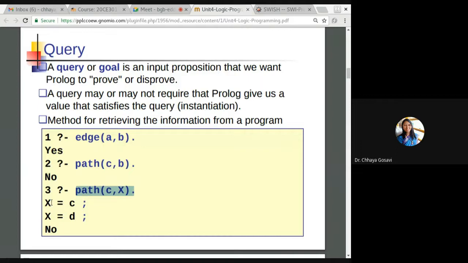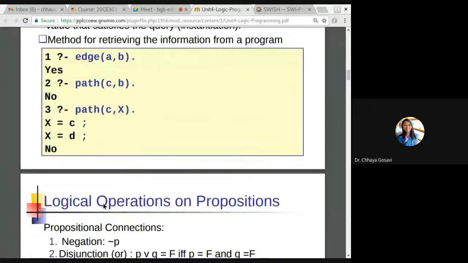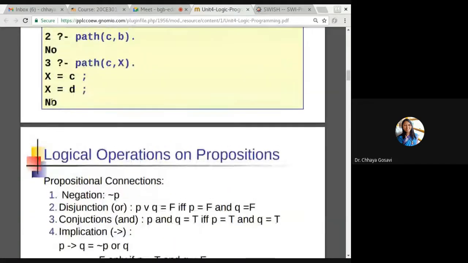For X, it will return two terms. C to C, because it matches with the fourth statement, path X, X. So the value for X is small c. And there is a path from C to D. And again, if you press next, it will return no.